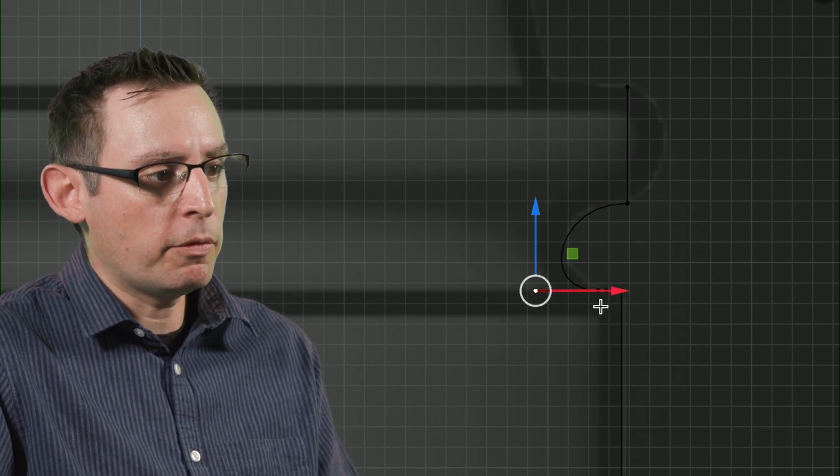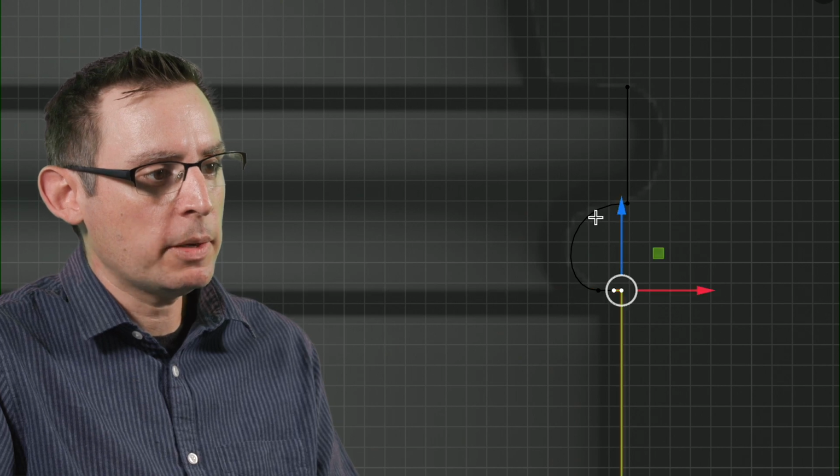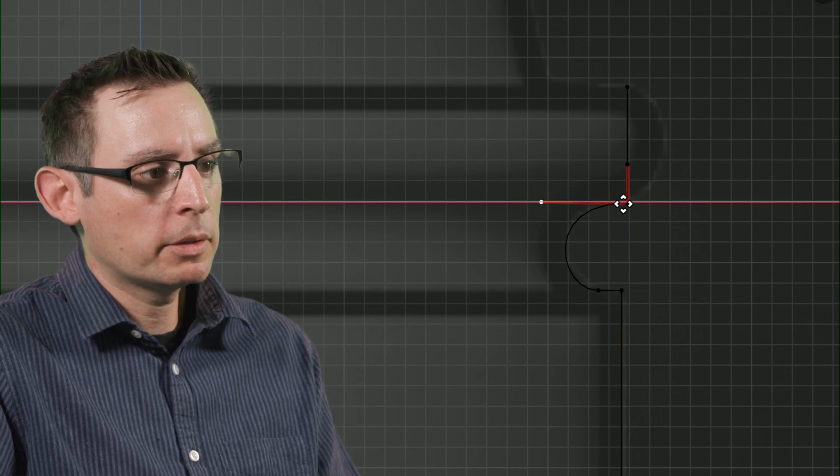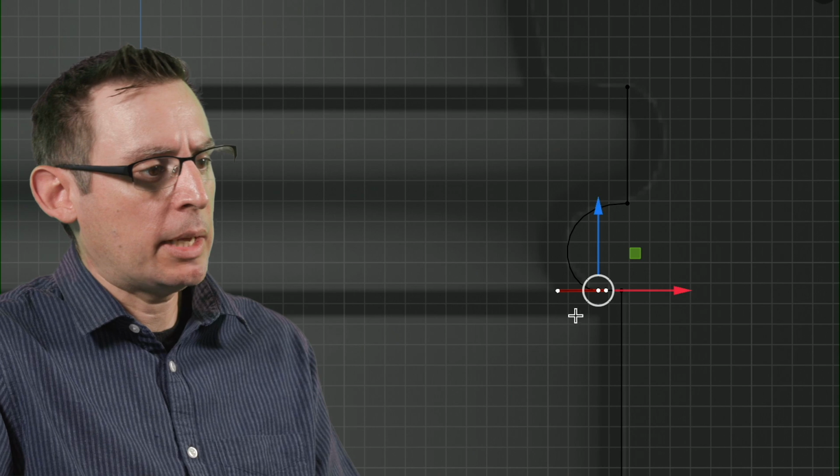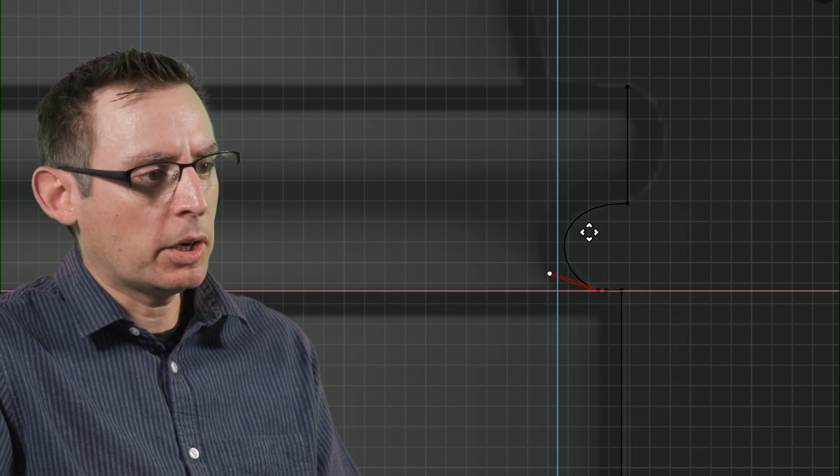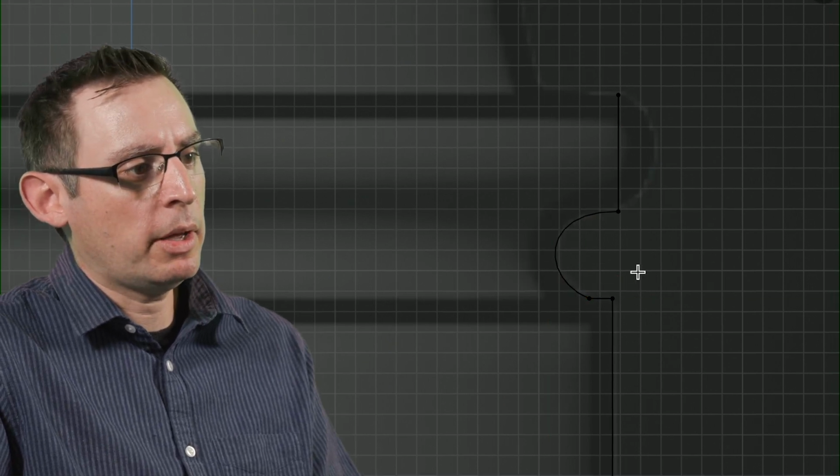Now, an adjustment of the slope here, the weight, excuse me, will probably get me what I'm after. Something like that. Yeah, I'm super close. I can sit in here and kind of monkey with it all day. There we go. I think I've nailed it.